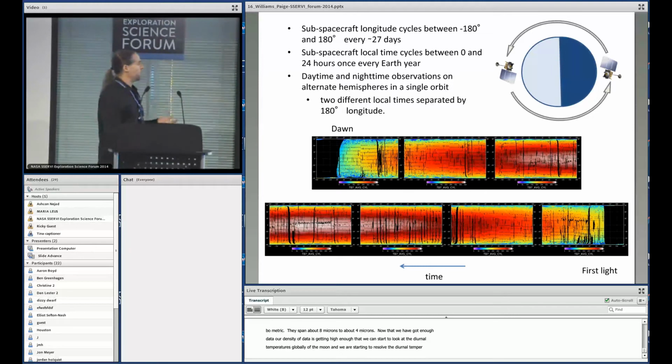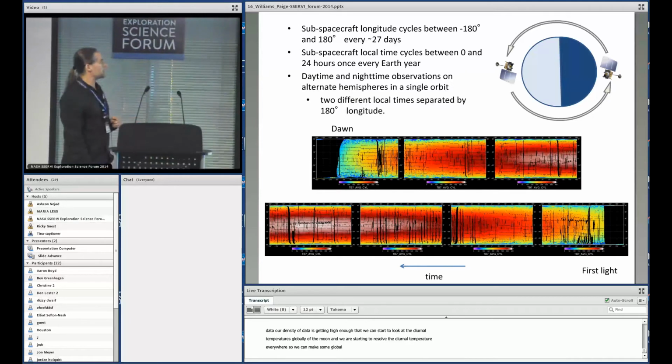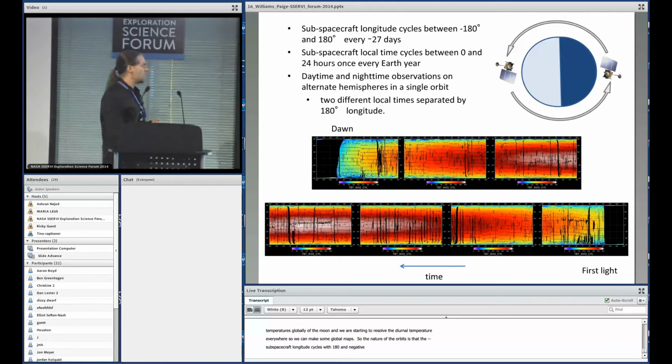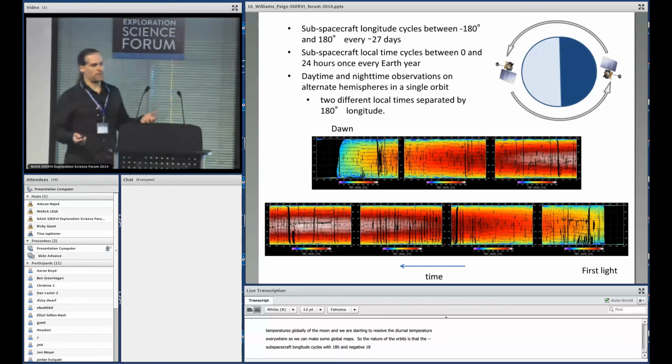So the nature of LRO's orbit is that the subspacecraft longitude cycles between 180 and negative 180 degrees longitude every approximately 27 days. So every lunar day we get full global coverage. And so every lunar day we can basically make a temperature map of the moon,